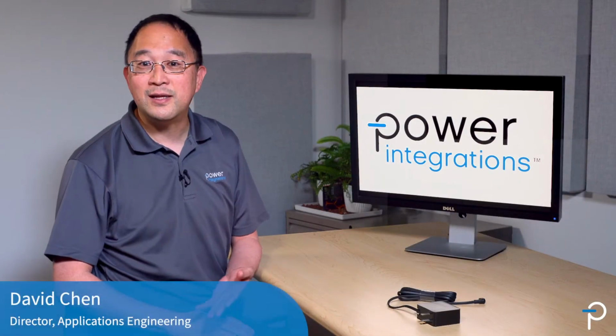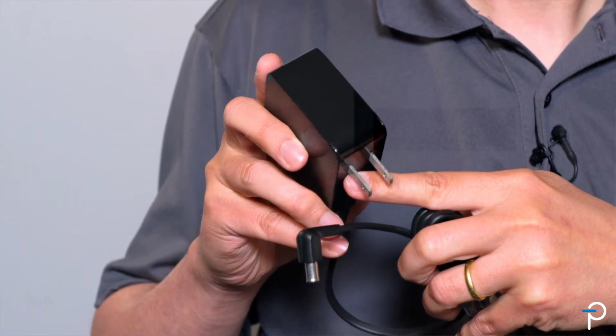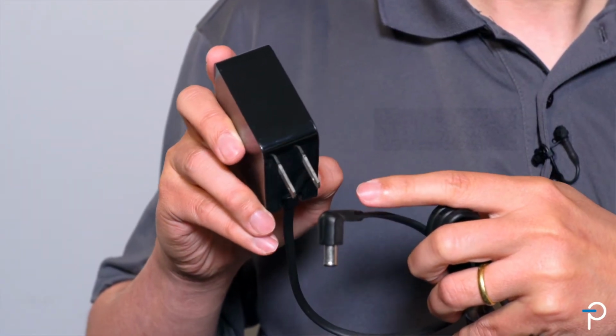In this video, I'd like to talk to you about energy vampires, what they are, and why they're so important. So what is an energy vampire? Well, the term refers to external power supply adapters like this one, with two metal teeth that suck electricity all